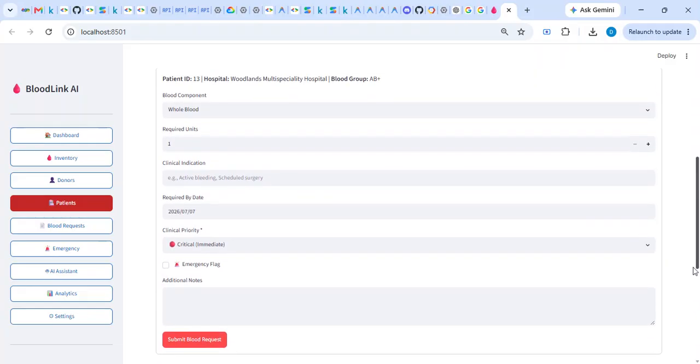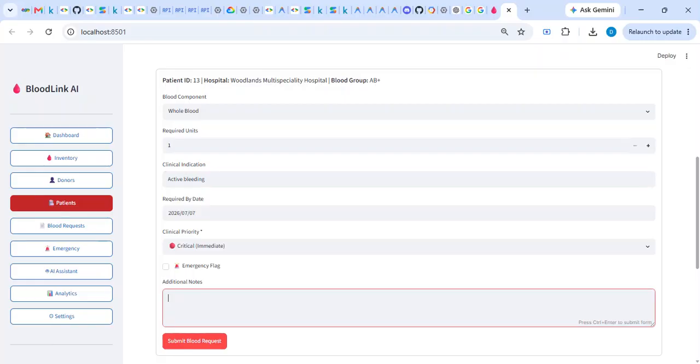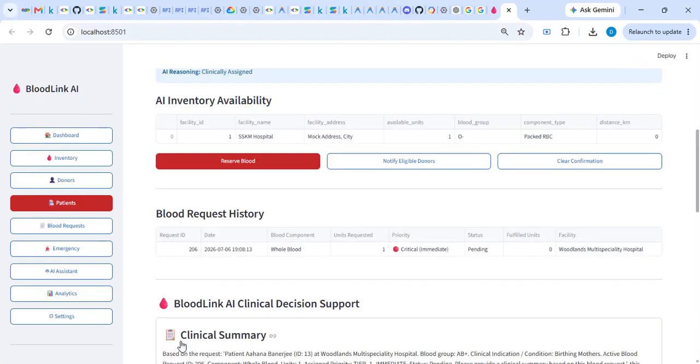This patient has not yet requested blood. Okay, as you can see, for this patient, the priority has become critical immediate and the status is pending.